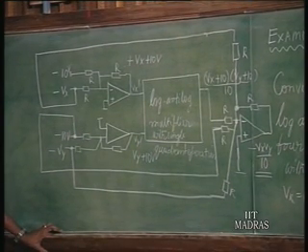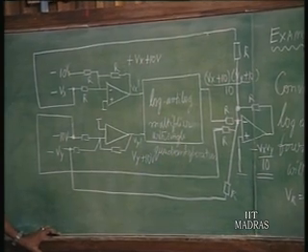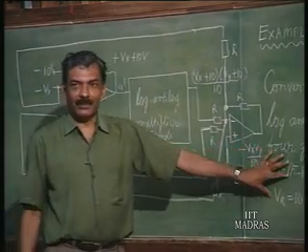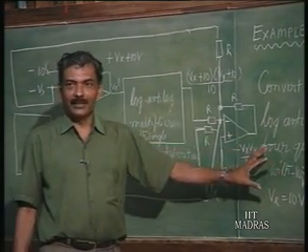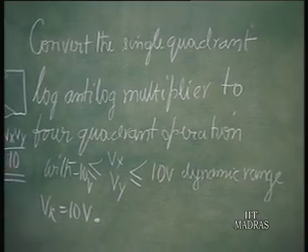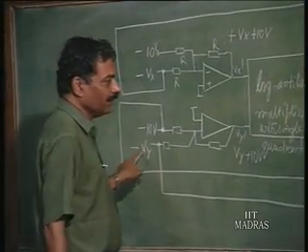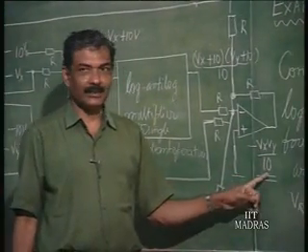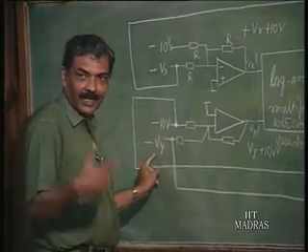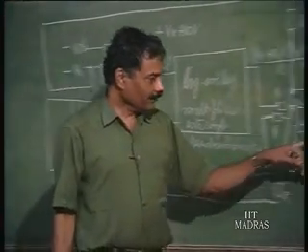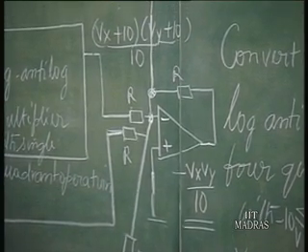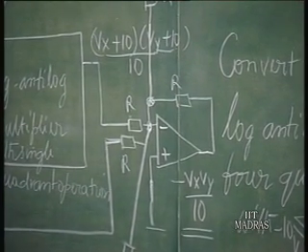If you are not happy with the inversion, you can put another inverter and get rid of that, but that is not needed, because basically it is a 4 quadrant multiplier, whatever be the polarity of Vx and Vy. We have not really given now any polarity to Vx and Vy. So, if this is minus Vx and this is minus Vy, this will be minus VxVy by 10. If this is plus Vx and this is plus Vy, then this will be still minus VxVy by 10, right. So, it does not make any difference. So, this is a 4 quadrant multiplier,